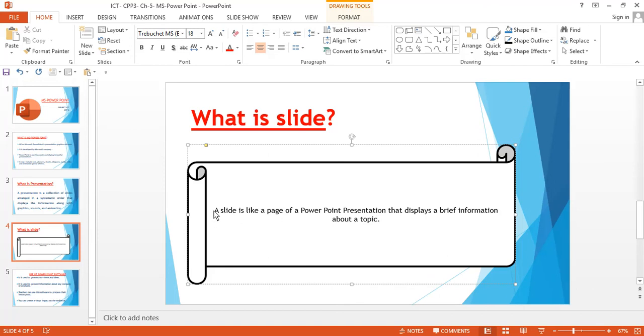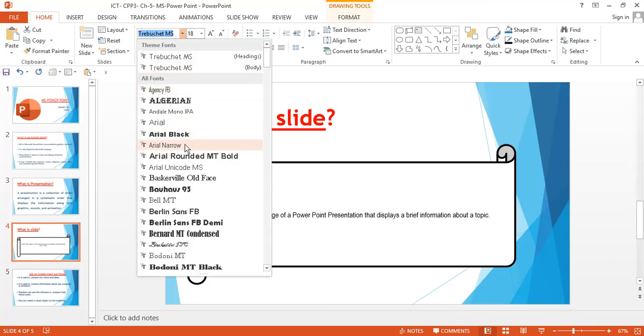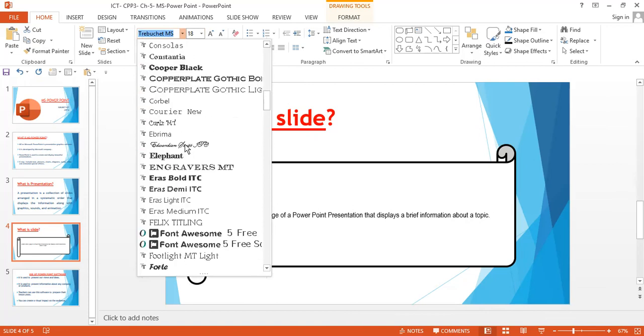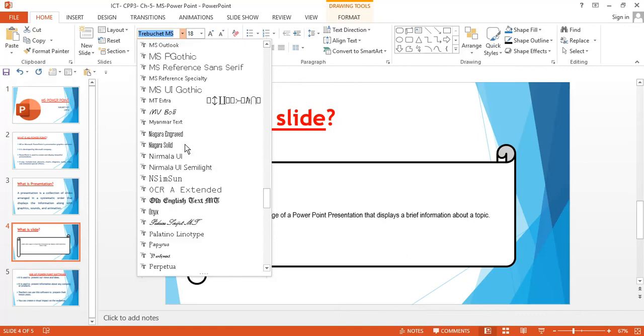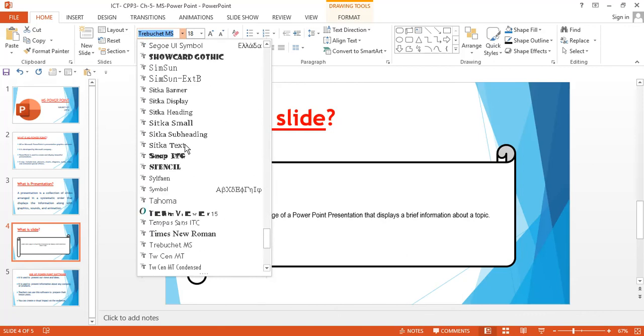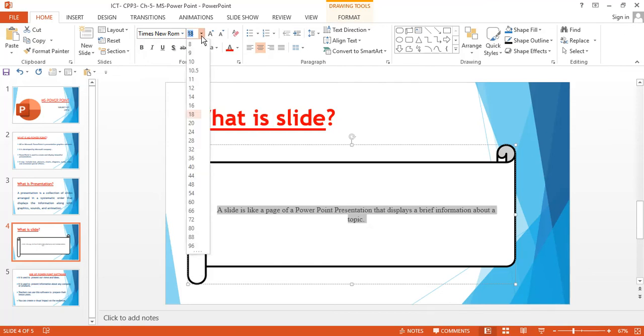So you can do the formatting on this text. To do the formatting, I will select this and then go to the Home tab, and then in the Font group you can see that with the help of font you can change the style of writing according to your requirement. So I am just taking from here Times New Roman because I have taken Times New Roman for all other text also. So I am just taking this. Now I will increase the size. I am just increasing the size from here.